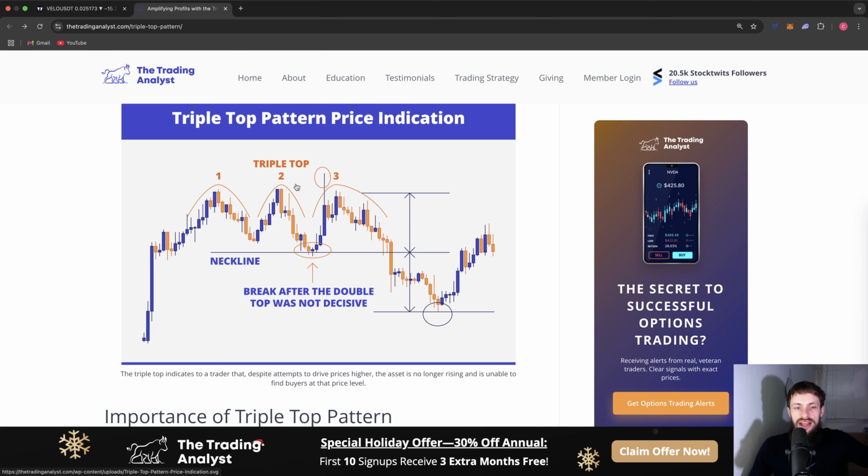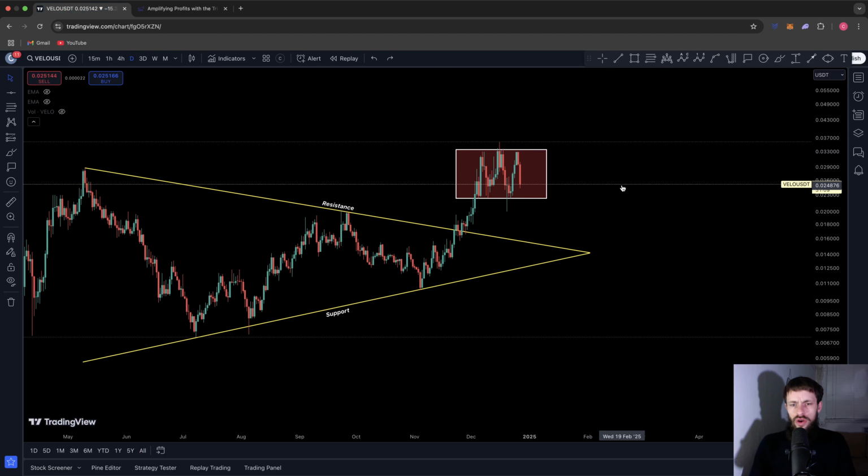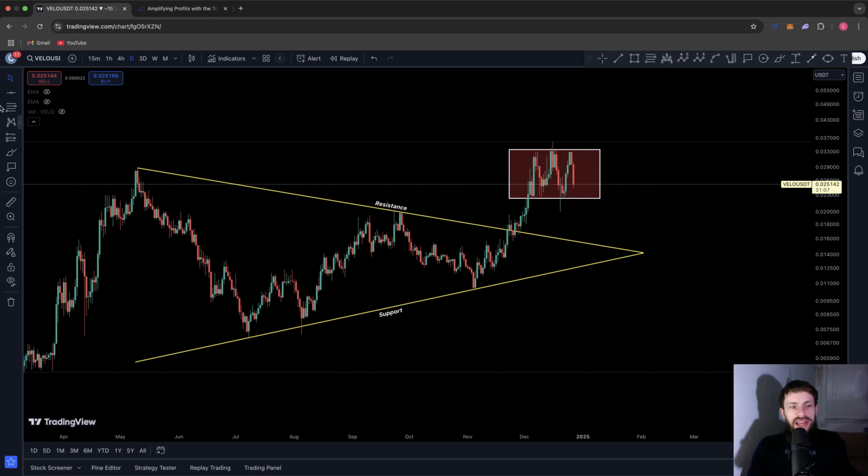And how you measure that is by going from the candle closes on the 3 peaks resistance back to the support. You would drag the trend line back to where you lost support, and it would give you the target. So if we was to do something similar here for VELO on the daily, and this pattern does play out, we may have a technical target on our hands from the neckline of resistance to the support. If we lost 0.022 support, we would have a breakdown target bringing us back down potentially towards the previous resistance